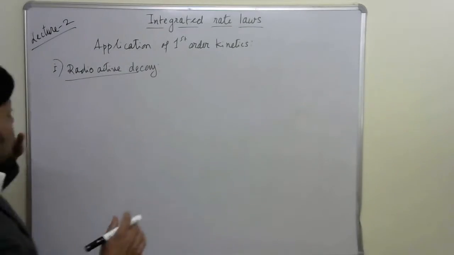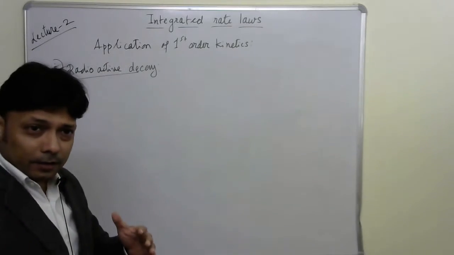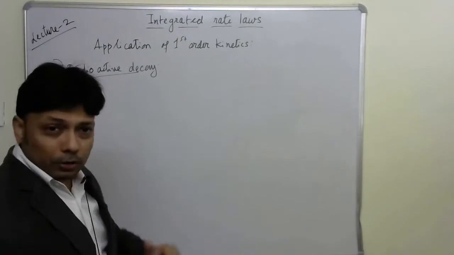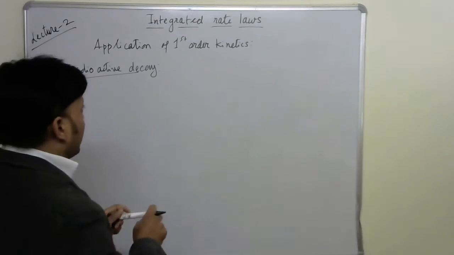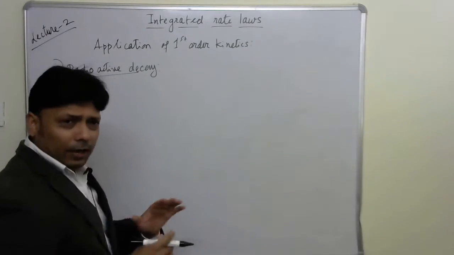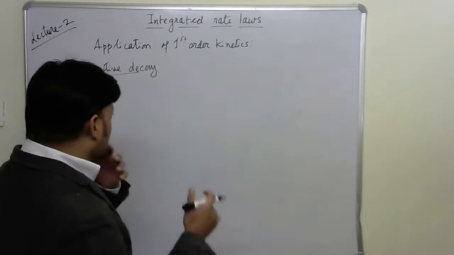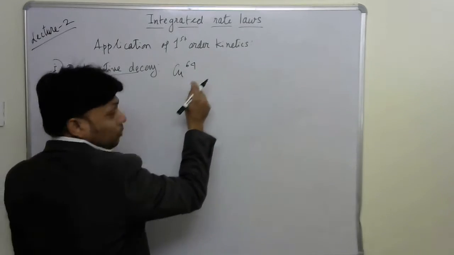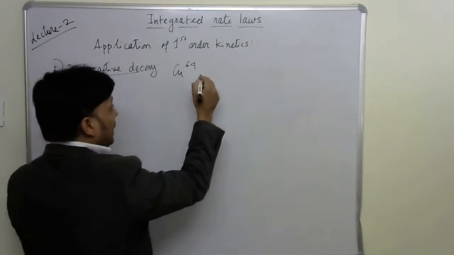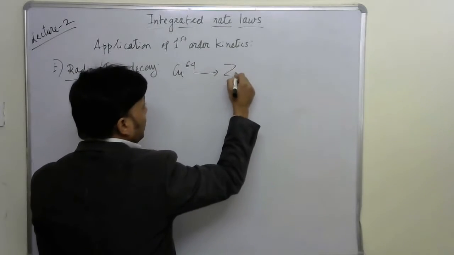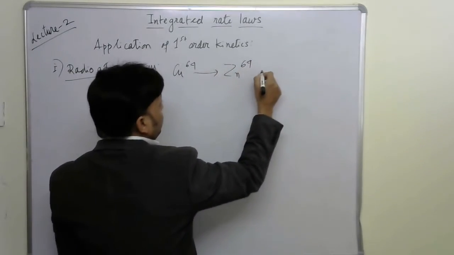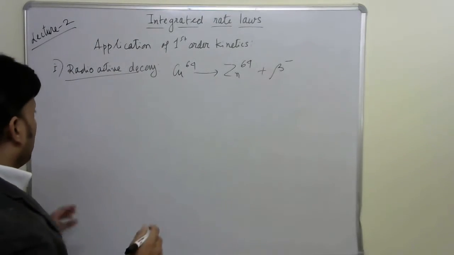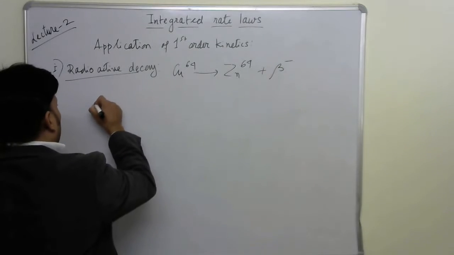So the first order kinetics, as I said earlier, can be applied to two practical examples. One is the radioactive decay. For example, I can write one radioactive reaction. In fact, there are many radioactive decay reactions, so just as an example, I am writing this one: copper 64, a radioactive isotope of copper, goes into zinc 64 plus the release of a beta particle. So here the rate of decay